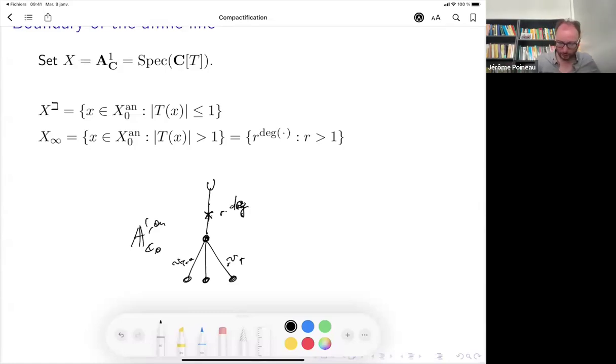And so now what happens? You see, this is just the analytification, the thing I drew before. And if I want to look at X infinity, I want to remove, or maybe X bet. X bet is where the absolute value of T is smaller than 1. So it's smaller than 1 basically almost everywhere. So in the trivial valuation, when you apply the t-adic valuation, or any valuation with respect to any polynomial, the part you remove is this one.